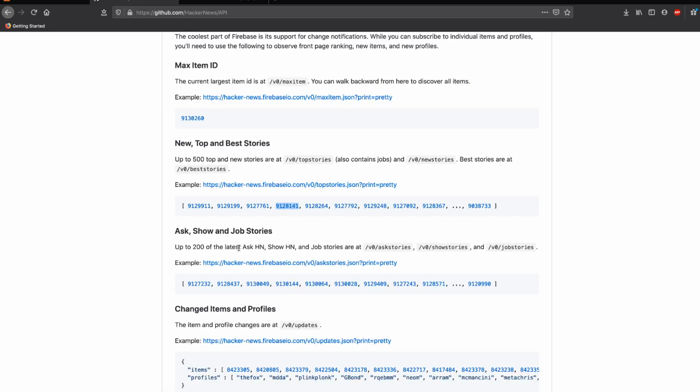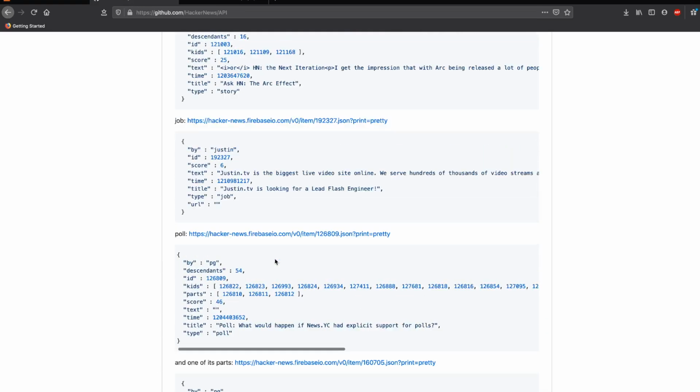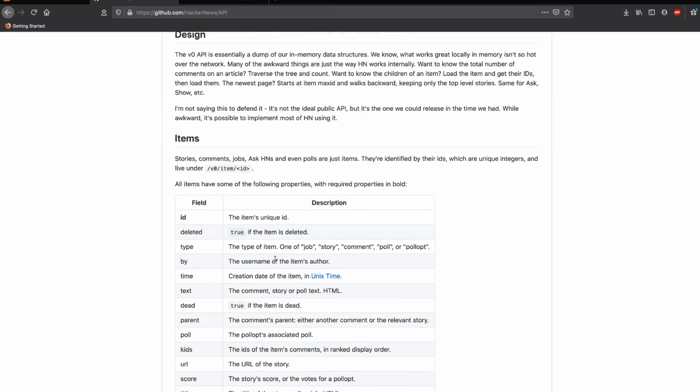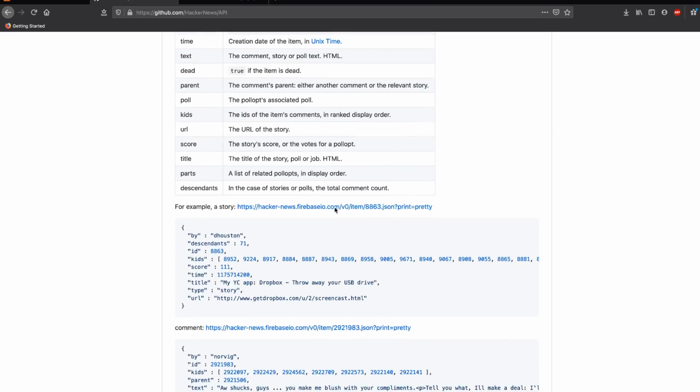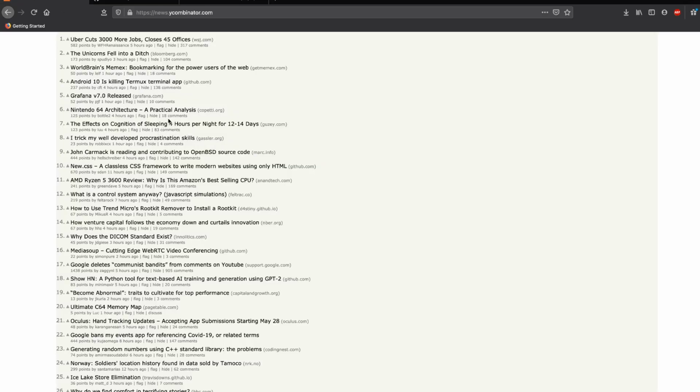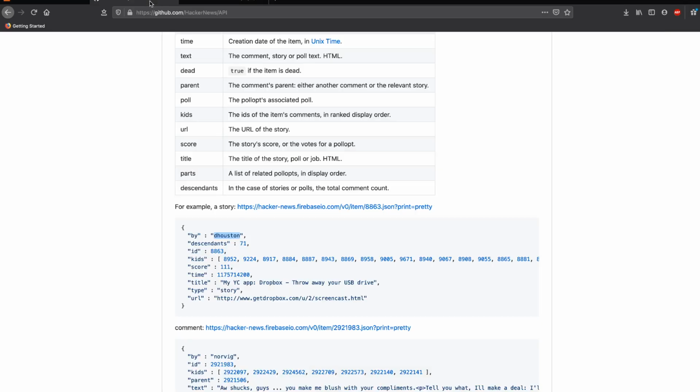When you go to the API's documentation at the top, you would see that they have an endpoint for a story that will give you who submitted it and how many kids it has. When it says kids, it's all the sub comments that you have got, and the information that we are interested in is score, title, and URL.